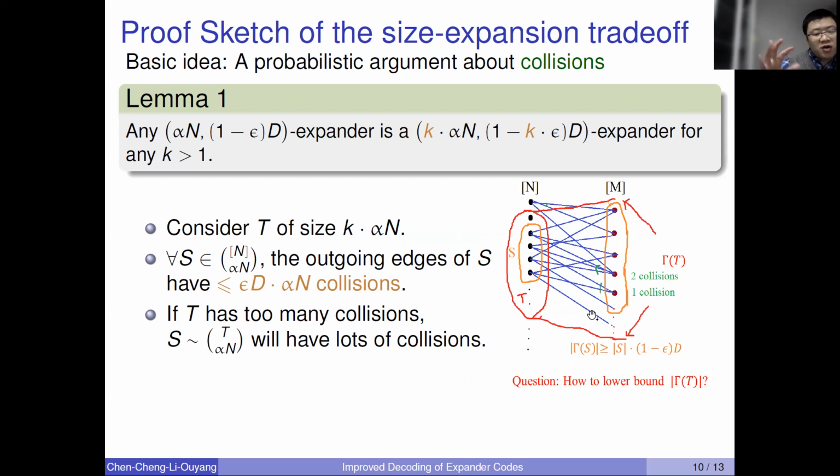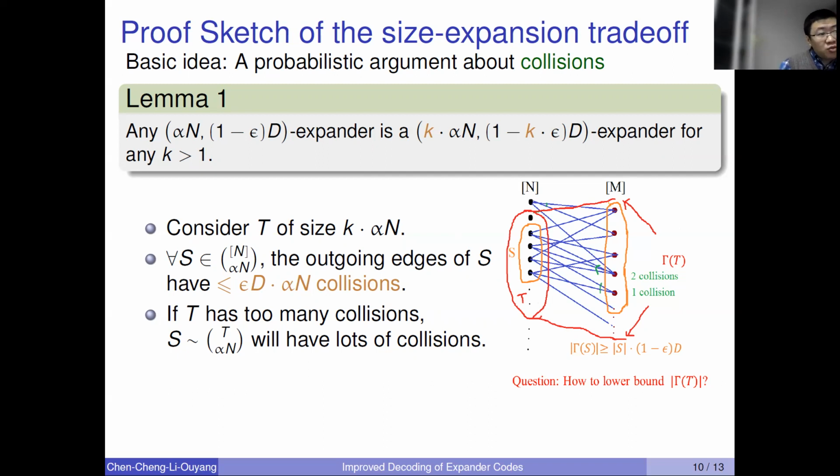Okay, and we can define a proper order from all edges of this subset, say S, and then by the expansion guarantee we can show that the number of collisions of S is at most epsilon D times alpha. Okay. Now the basic idea is that if T, the largest subset or the superset of S,